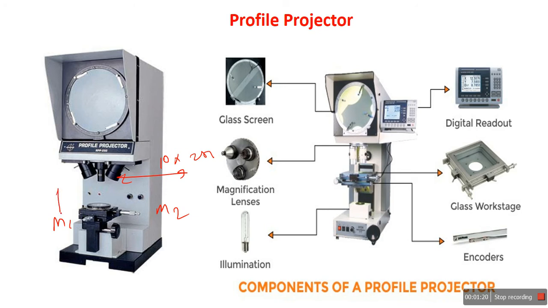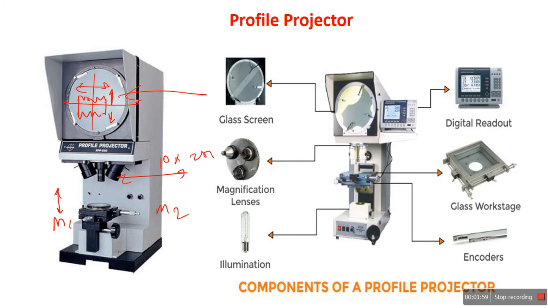The M1 stands for moving the glass table in the vertical direction. Vertical direction means that when we keep this component over this work table, we can see the image here, and we can move that image either up or down, according to which parameter we are going to measure. This M2 stands for the horizontal movement of the threaded component, which we can control with the help of this micrometer. Okay, while taking the demonstration we can also understand.